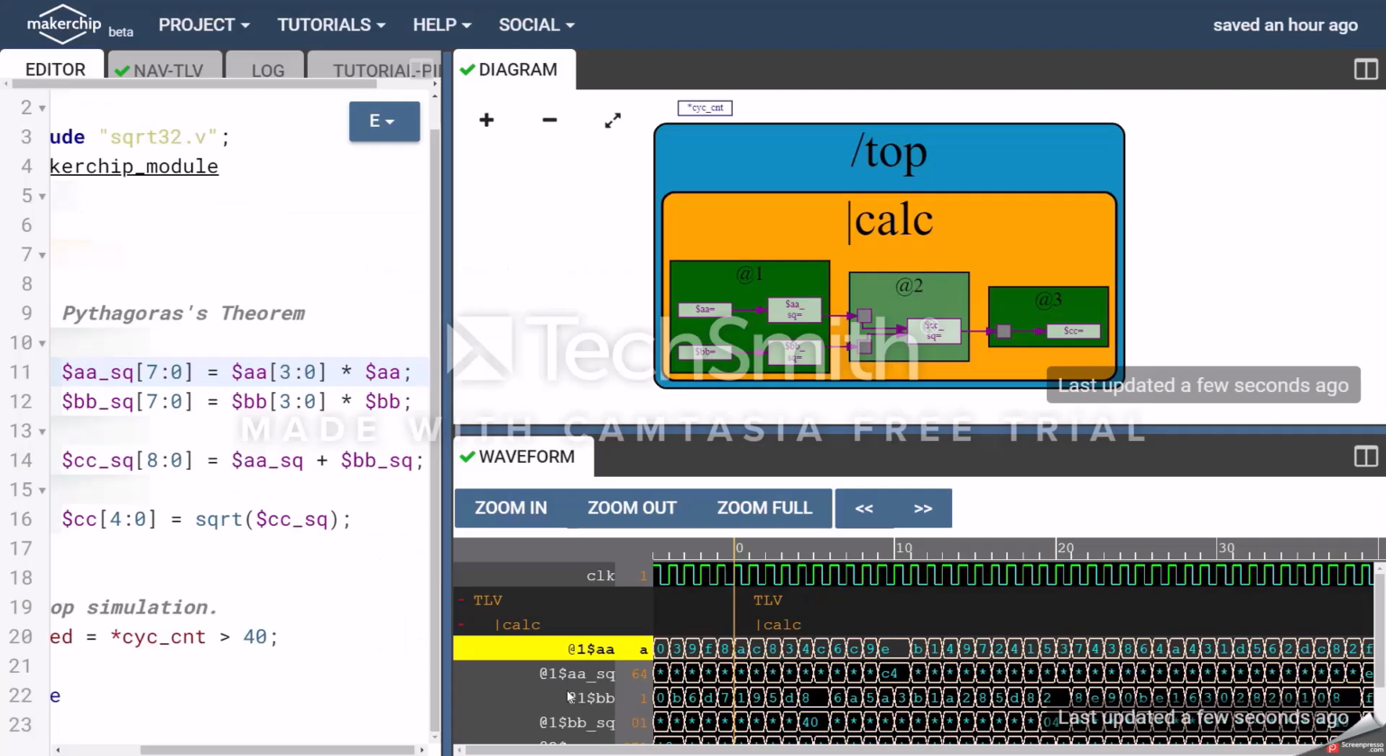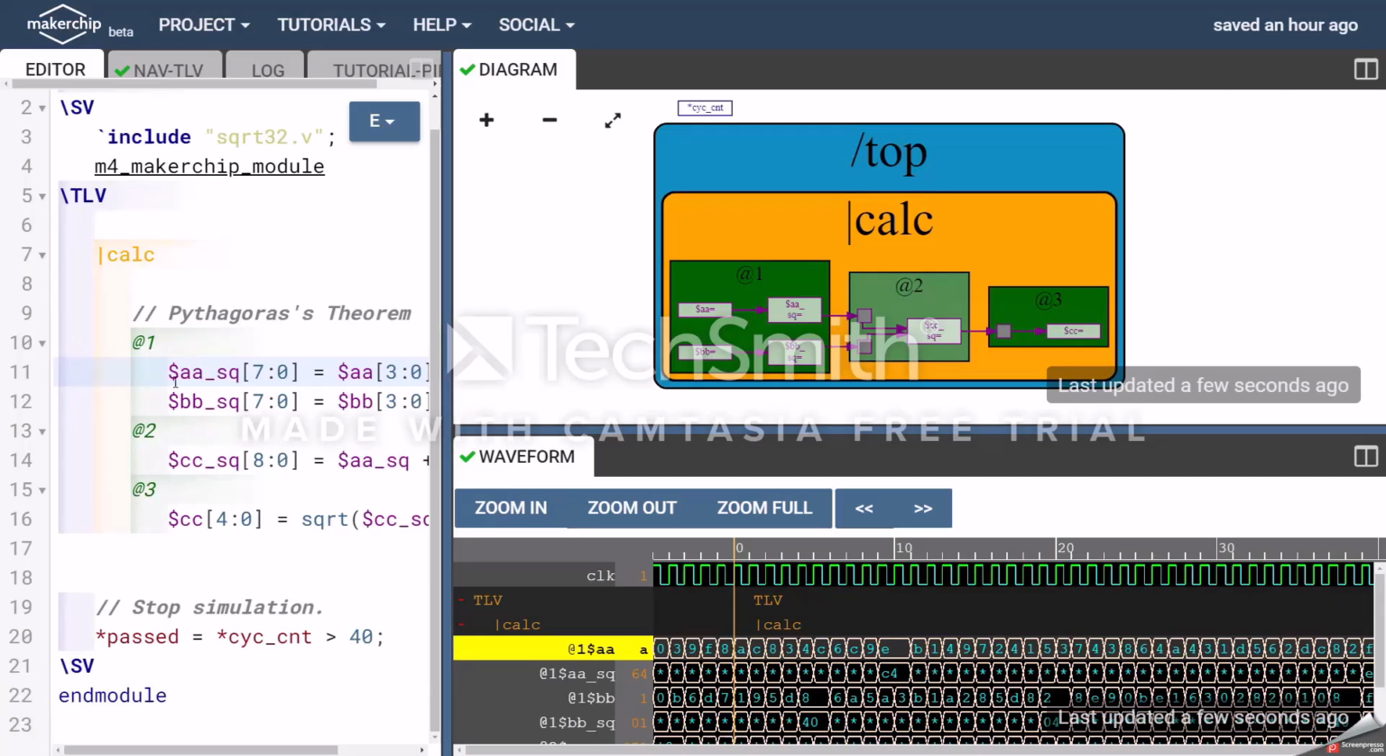All right, so I want to jump back now into MakerChip. I've got loaded up here the Pythagoras' theorem example that we've seen already. I just want to talk about the MakerChip platform, the waveform viewer, the diagram, and how you correlate that with the code. Pipeline logic can be a little bit tricky to understand because it's distributed in time. So I want to first